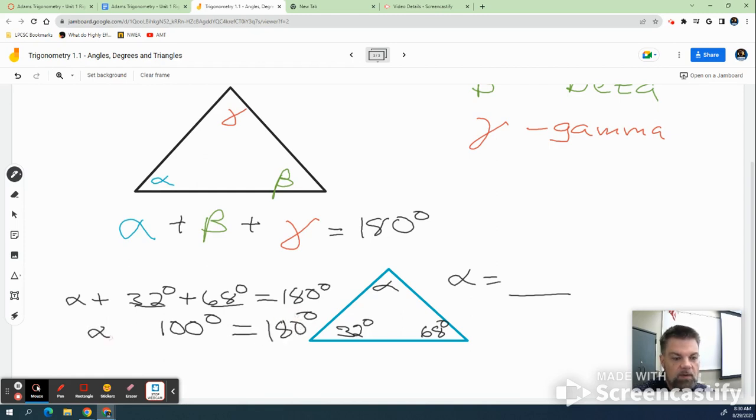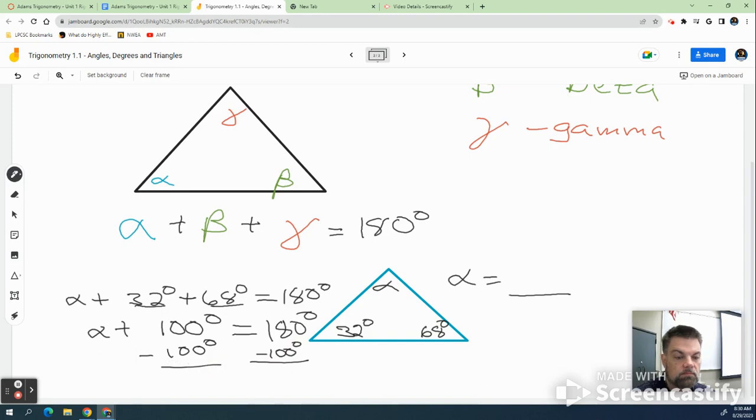So alpha plus 100 equals 180. What's the next thing I need to do? Subtract 100 from both sides? And I get alpha is equal to what? 80 degrees. Okay? And that's about all the